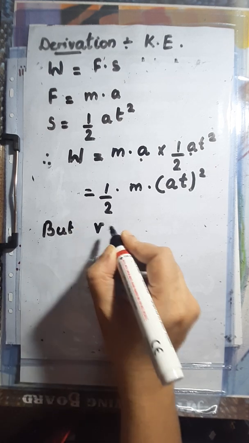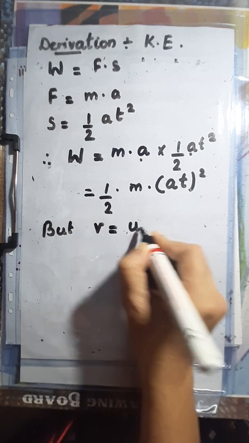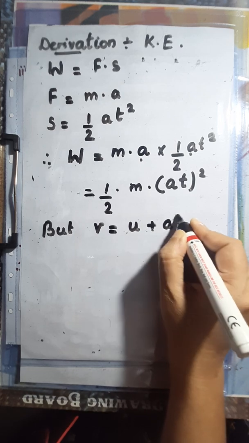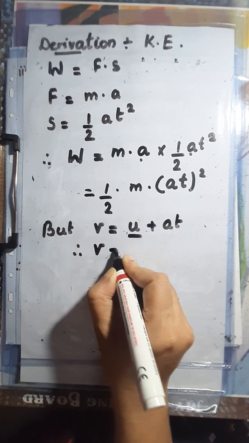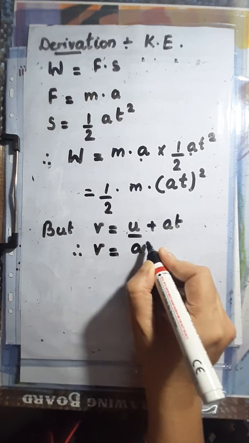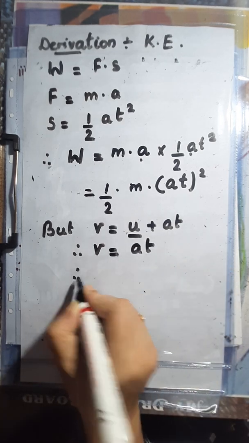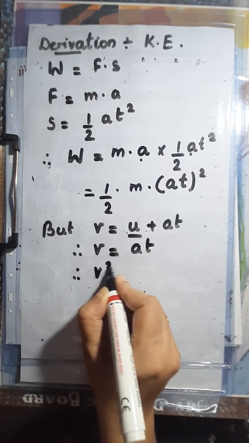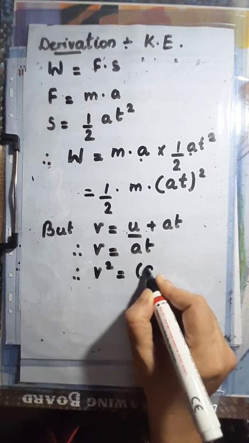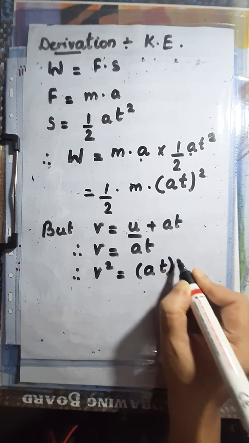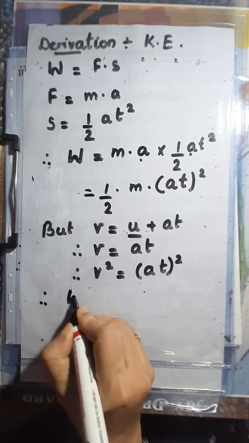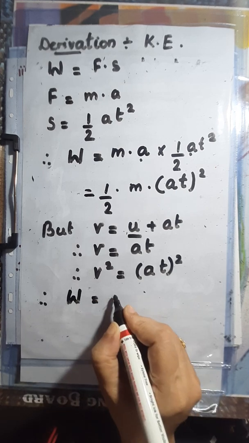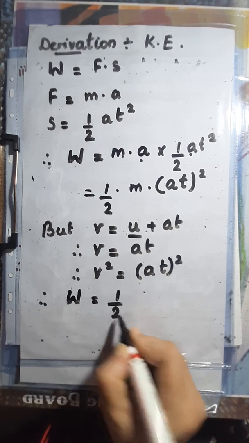what is V equal to? U plus AT. What is U? 0. So V is equal to AT. Therefore, if I want V square, I will say V square is AT the whole square. Therefore, my work is equal to half M